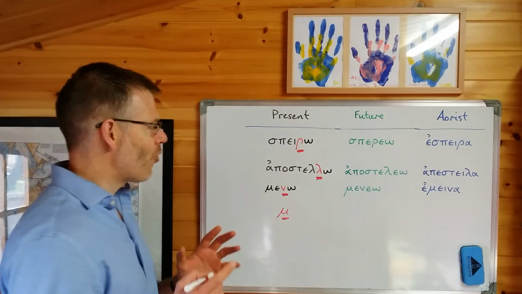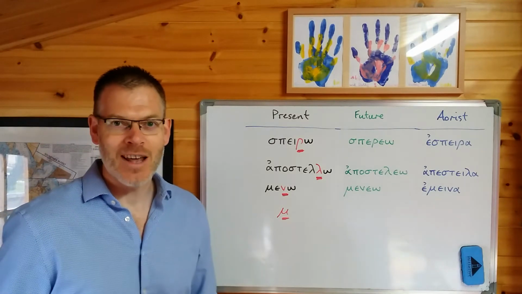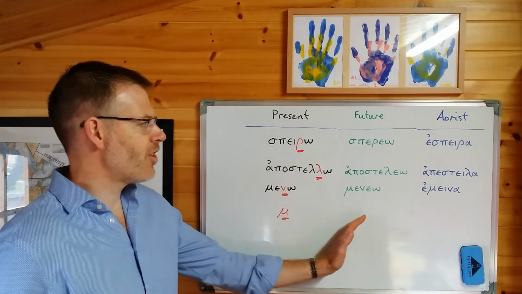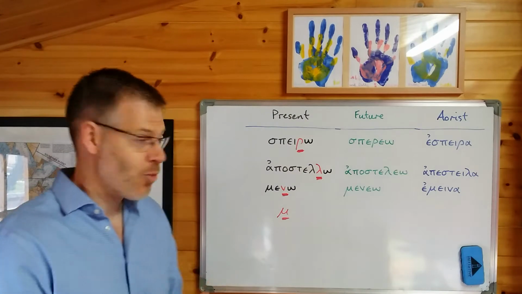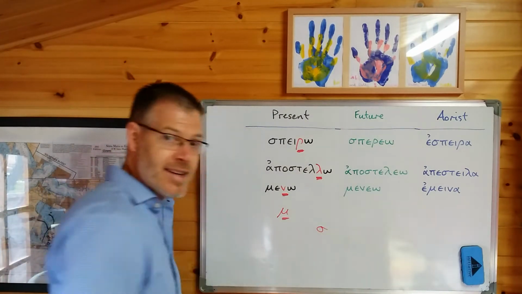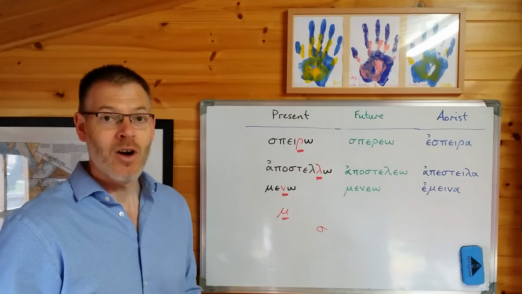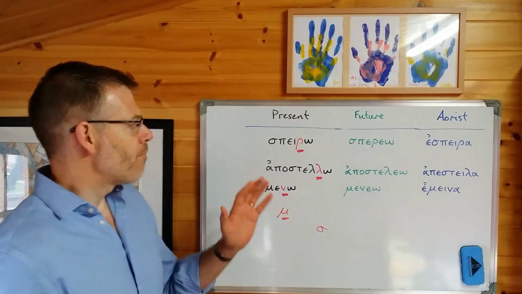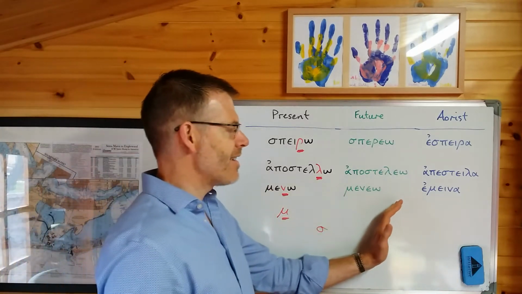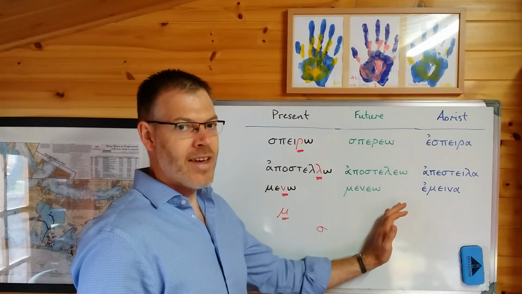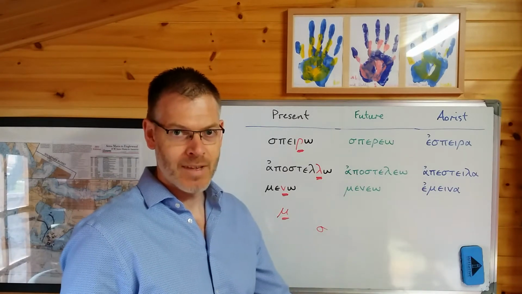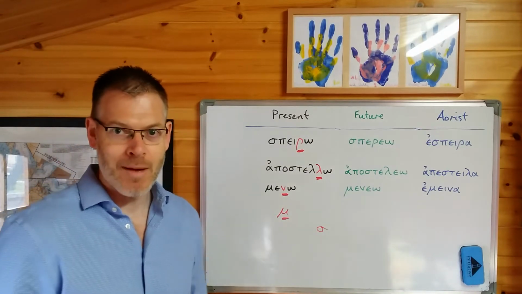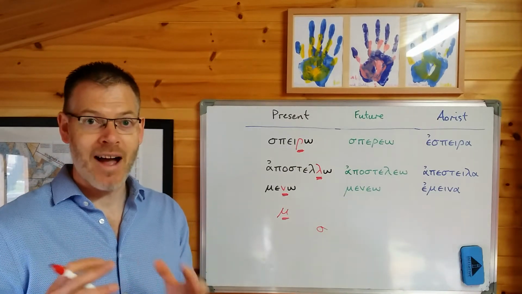And so the way that Greek speakers developed to form the future and the aorist, which are the ones where you need normally to have a sigma suffix at the end of the stem, was slightly different. Instead of putting the sigma at the end of the stem, they just changed the stem. Sounds annoying, but actually it's not as difficult as all that to remember. Let me give you a couple of tips about how to remember it.